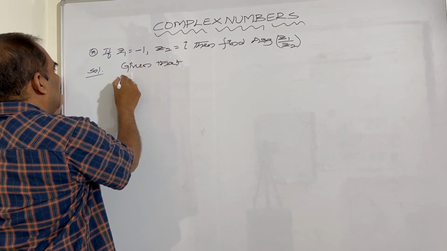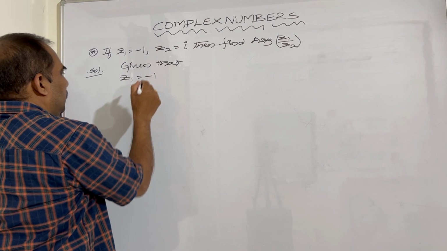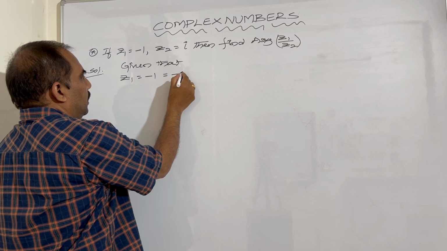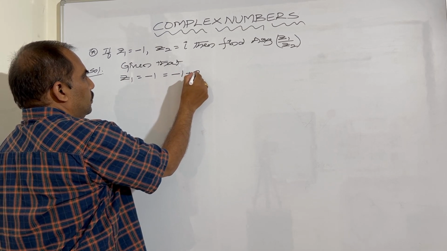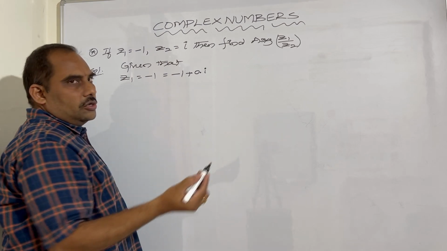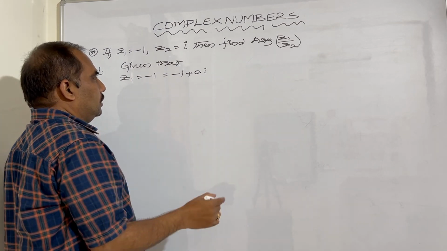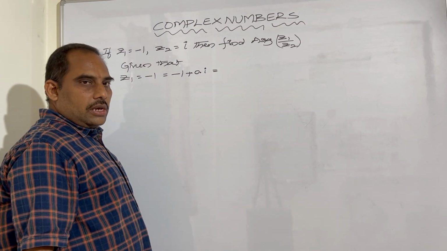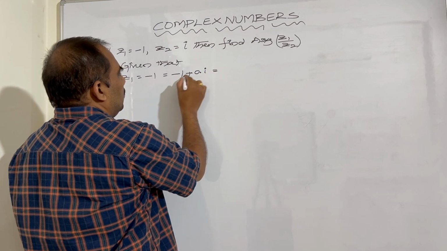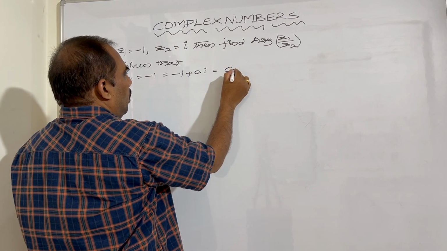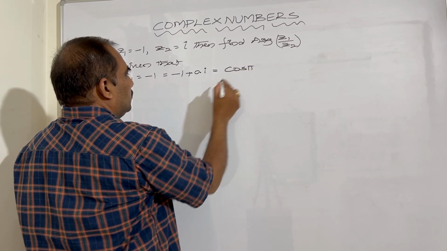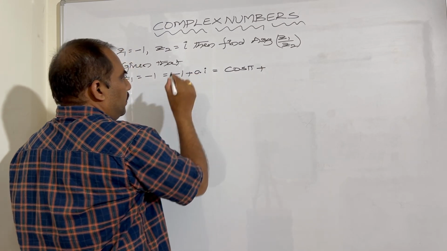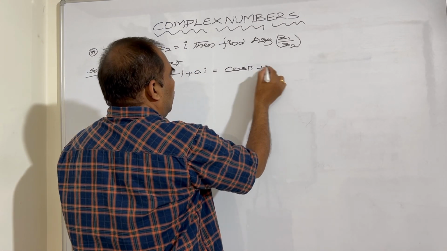the complex number z1 is equal to minus 1. See, how can we write this complex number? Here minus 1 plus 0 into i, or i into 0, you can write. See, minus 1, how to write here? We know that cos 180 value is minus 1. So that's why it can be written as cos pi, so cos pi value is minus 1. So cos pi plus, sin pi is 0 only. So that's why here i into